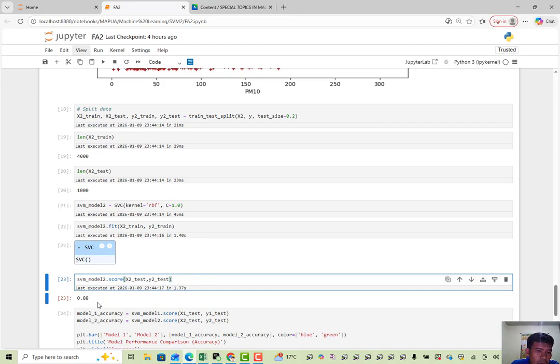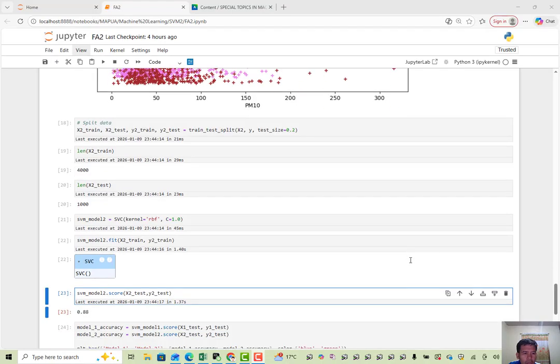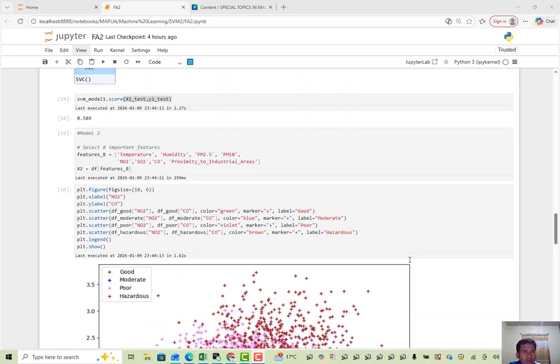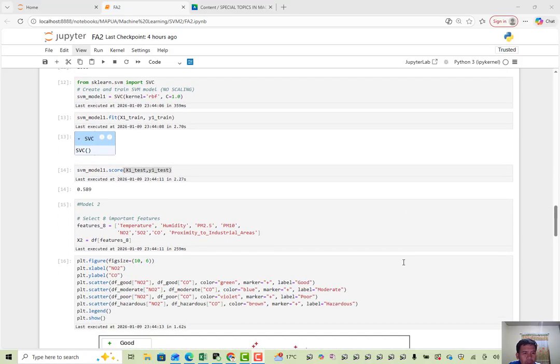Model 2 achieved an accuracy of 88%, which is higher compared to the first model. For the performance, model 1 is likely to be simpler due to the reduced number of features.